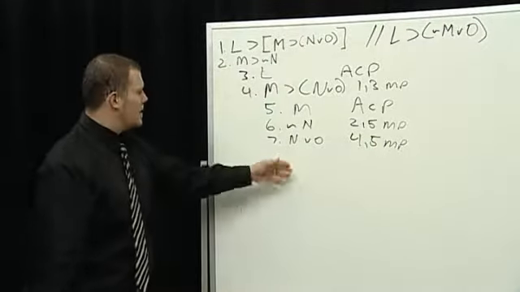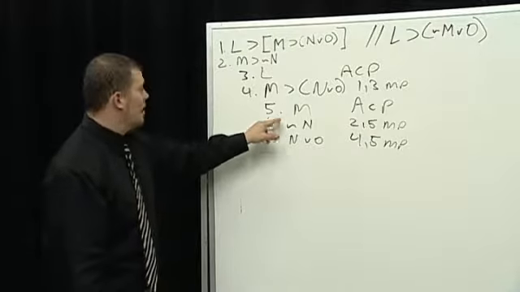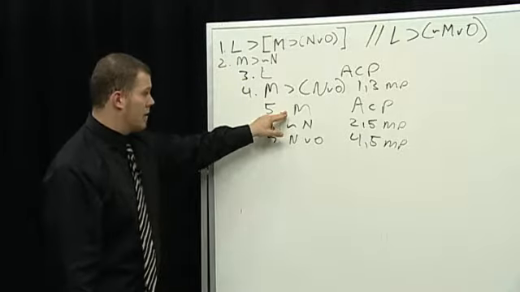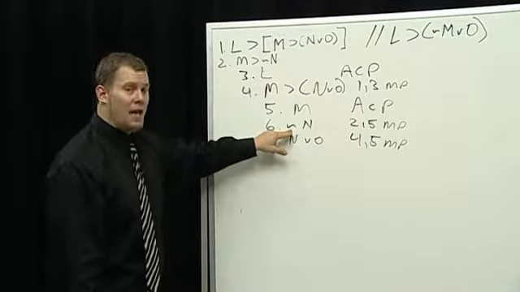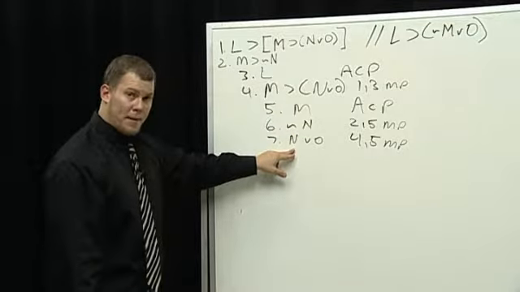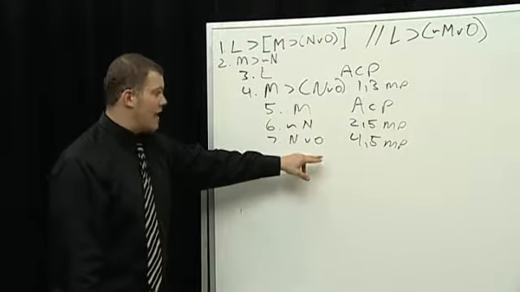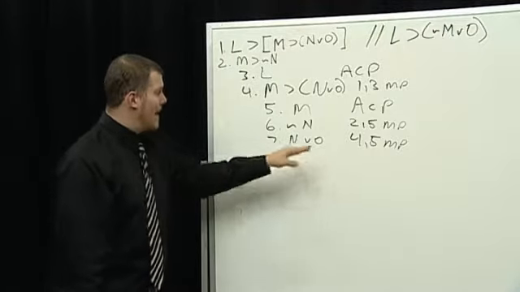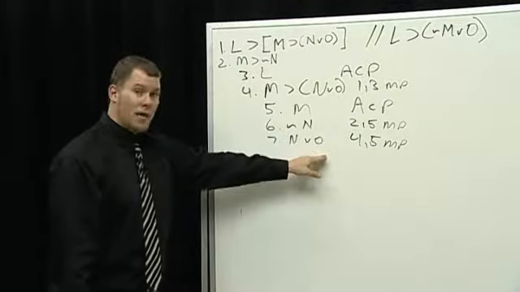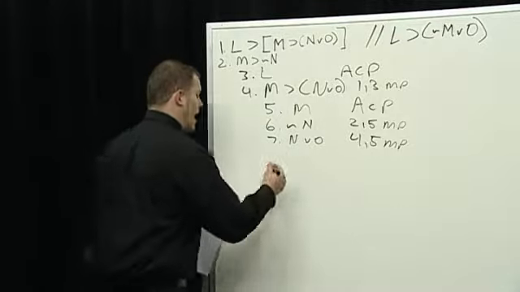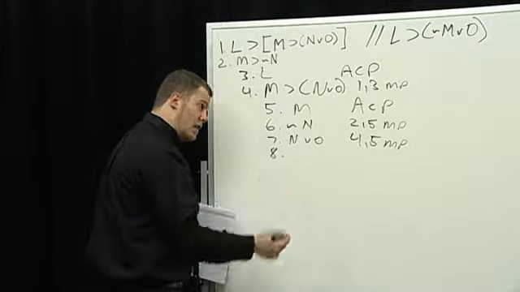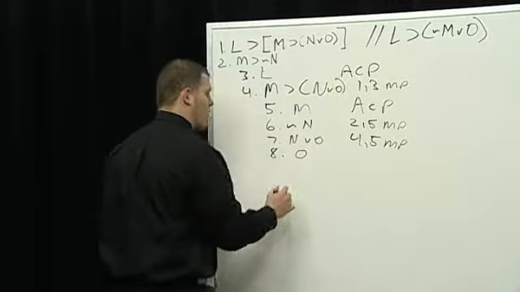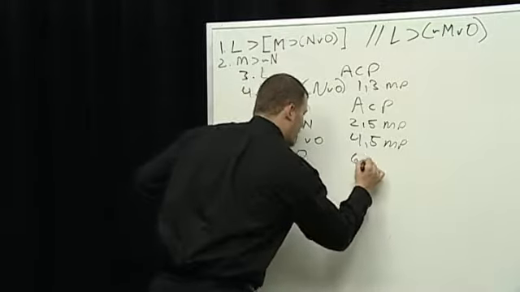Now the reason I did this is because I realized that I got a not N from my first use of modus ponens here. And I know that if I have a not N and I have a premise that says N or O, then I can derive an O. Because if it says I have an N or an O, but I don't have an N, then I must have an O. So at line 8, via the rule of disjunctive syllogism, we can derive an O. 6, 7,